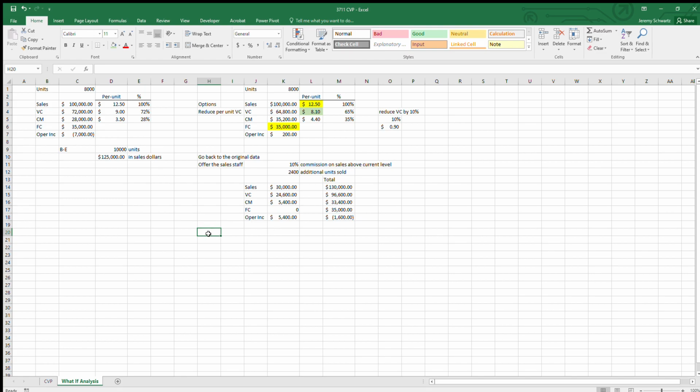Okay, I'd like to return to the original data again. And now what we're going to do is try something a little different. So what we're going to do is increase advertising. So that, we have this concern about the commissions on a per unit basis. We're actually cutting into this. We're effectively changing our contribution margin